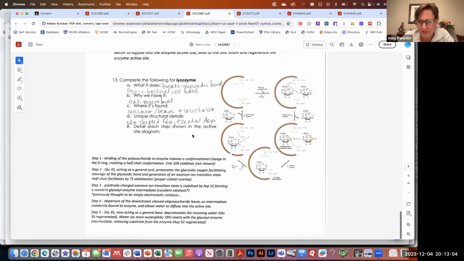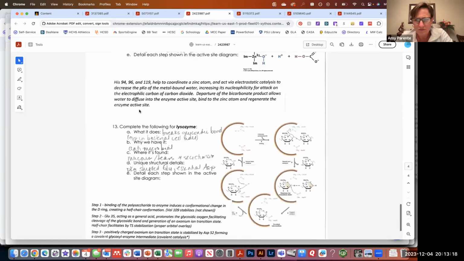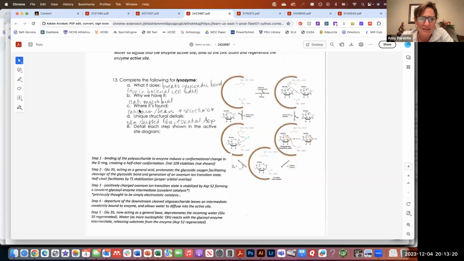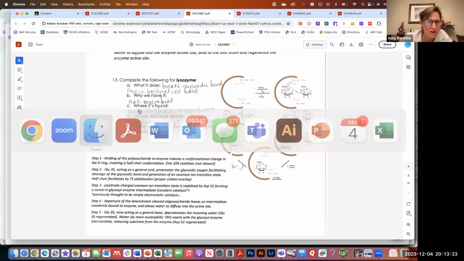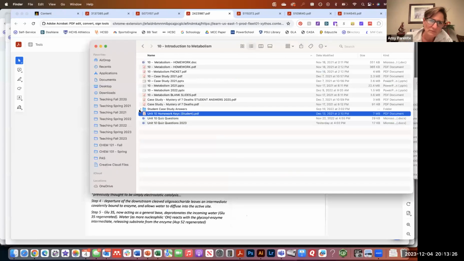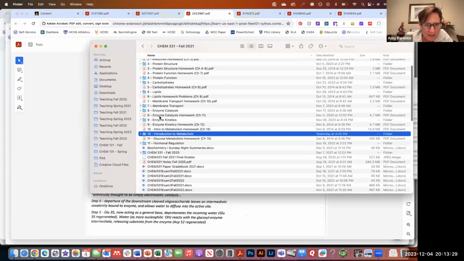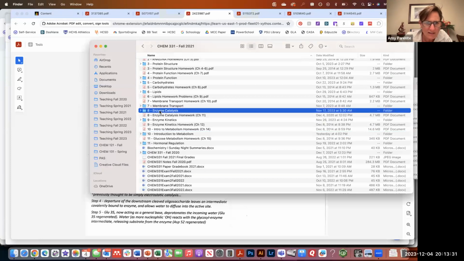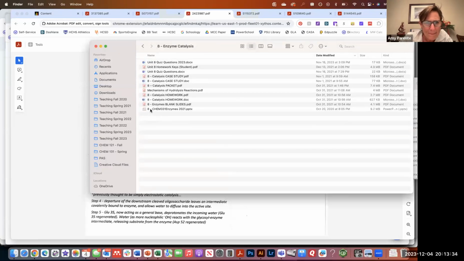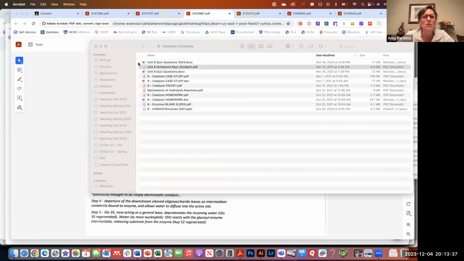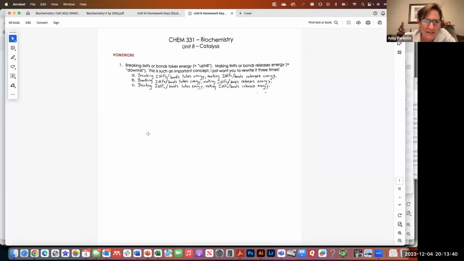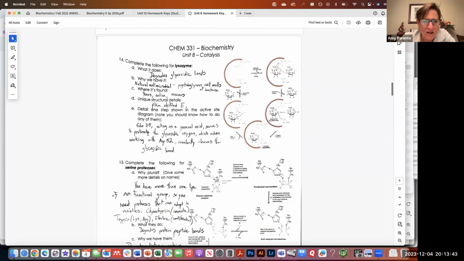And I don't know why, I guess I don't have, am I missing a page here? You have more after this, right? Don't you have serine proteases? I don't know why my homework key doesn't have that. Is that missing on the homework key? Do you know? All right, so I will have to find that. Let me go over here and try to find this. Let's see. Enzyme catalysis. I'm just going to open an old student homework here and see if I can find that. I'll make sure to look through.